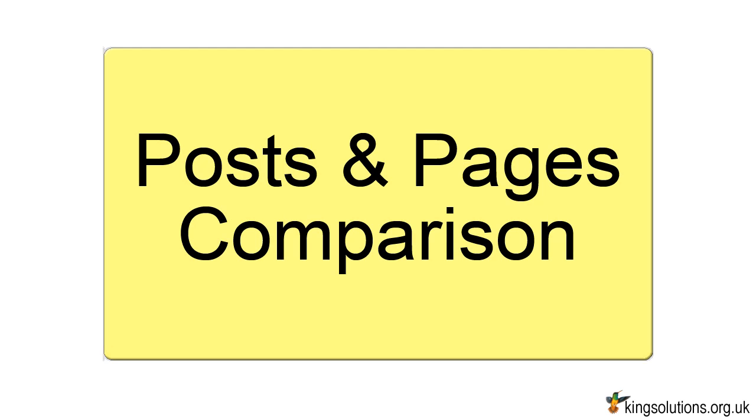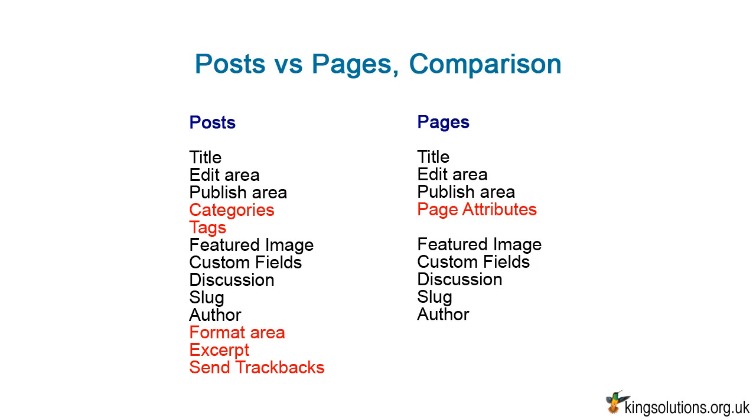Post and page comparison. If you compare posts and pages side by side, you will see that they both have very similar fields. The only real differences being, posts have categories and tags, whilst pages have page attributes. Posts also have additional, format area, excerpt and send trackback features. By the way, if you want to include categories and tags with your pages, you can accomplish this using a